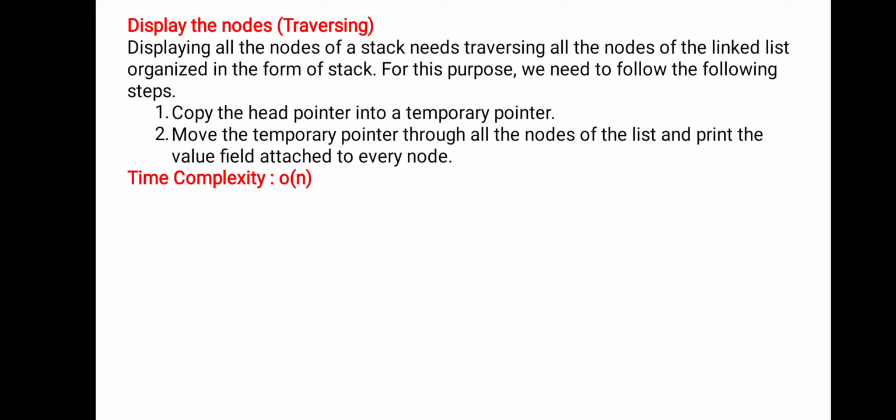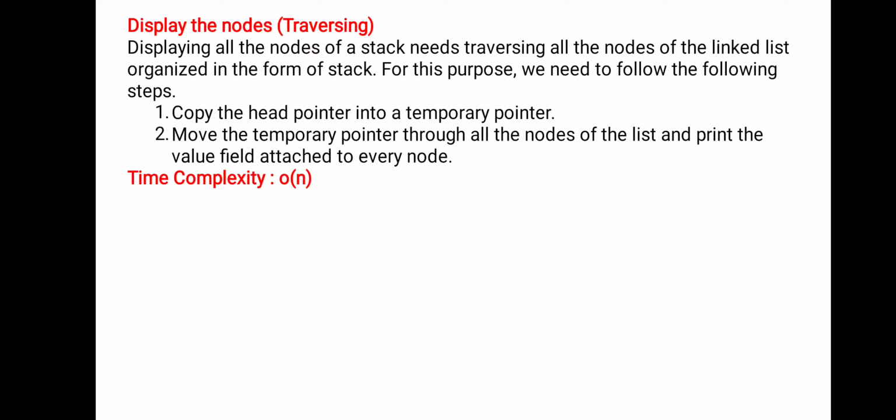Each and every node contains two fields. One is the value field and the second one is the next field. The value field always contains the data, and the next field contains the address of the next node. Already we saw the structure of a node and how we can connect those nodes from one to another.